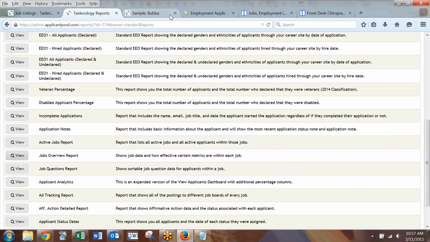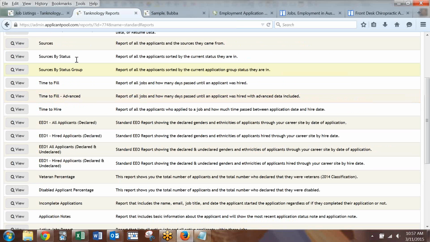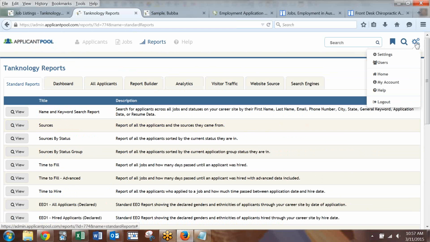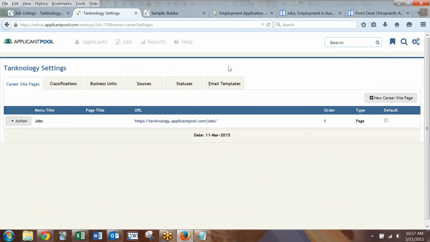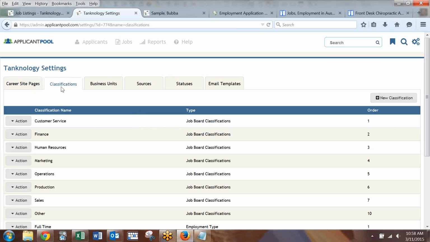Okay. Good. All right. So let me cover some of the settings, and then we'll go and set up Regina. So underneath settings, the first two tabs you're probably not going to need to do anything with. This first one is if you want to add any additional pages to your site. The second one